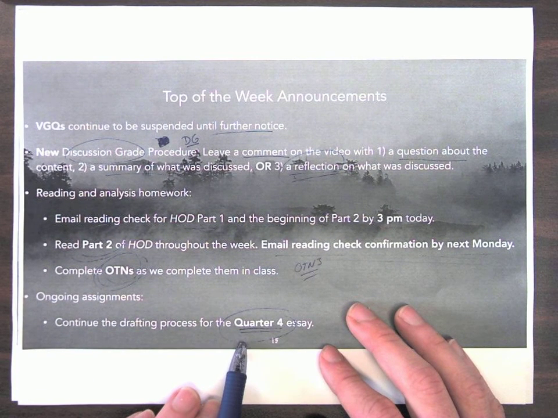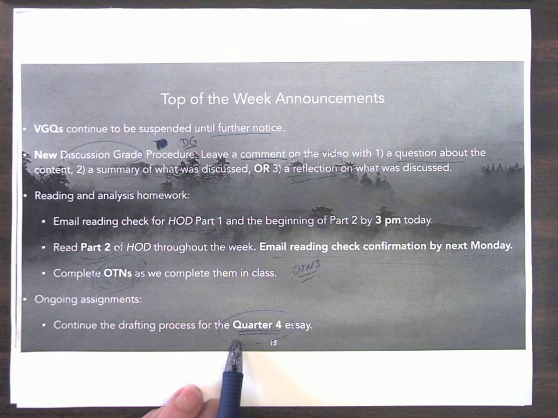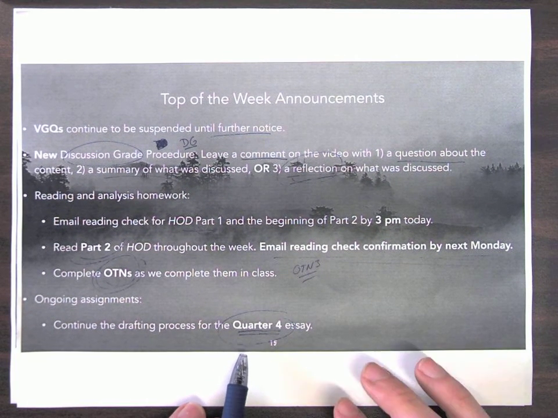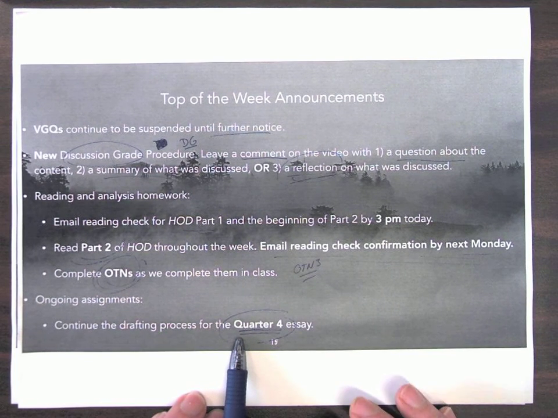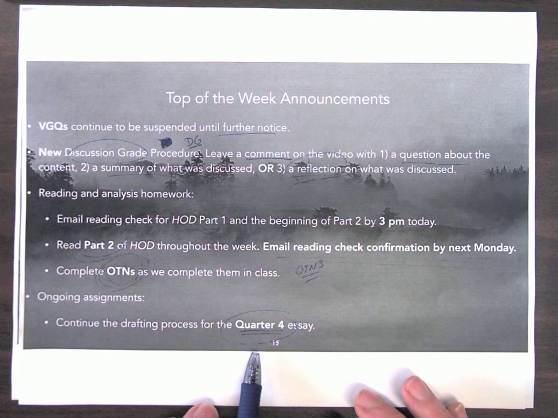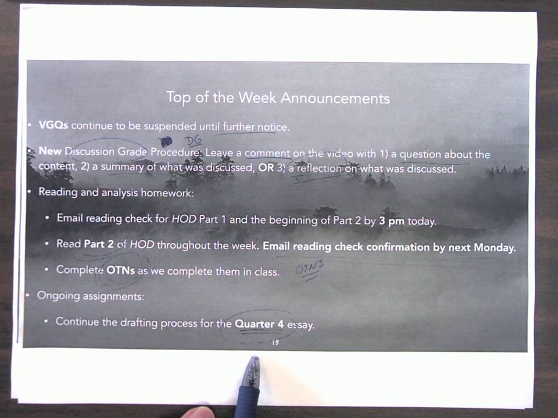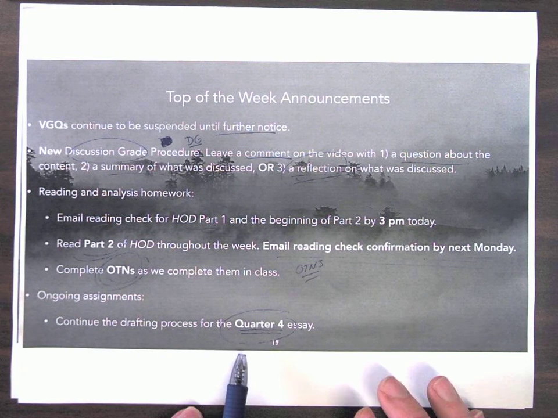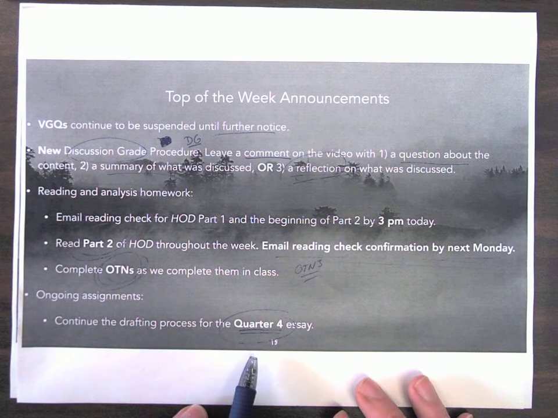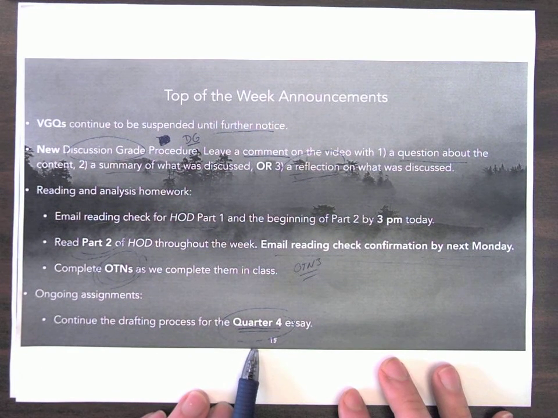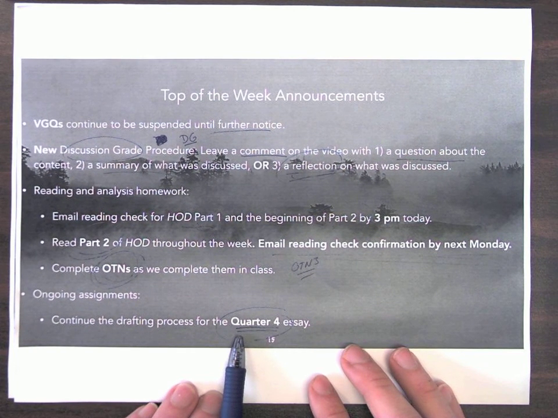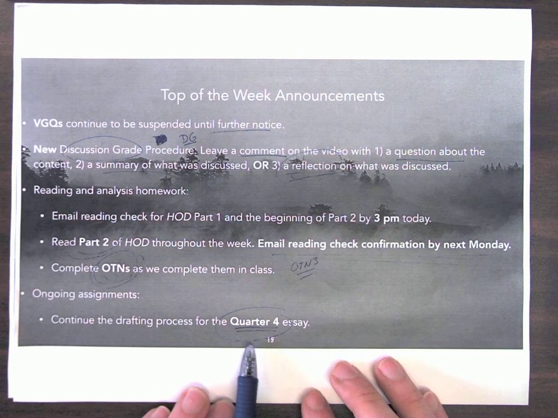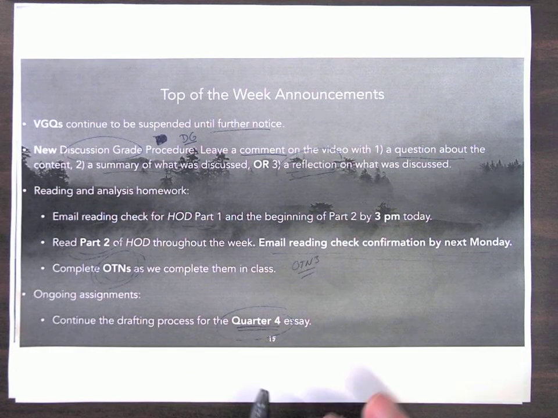Contextualizing all this is your work on the Quarter 4 essay. We're going to talk more intently about the Quarter 4 essay in the future. Right now, we're focused pretty intensely on finishing up Heart of Darkness in preparation for the Unit 6 test, which is going to be your last test of the year. But when we're done with that, we're going to turn our attention solely to finishing up this Quarter 4 essay, which will be your last major task of the quarter.